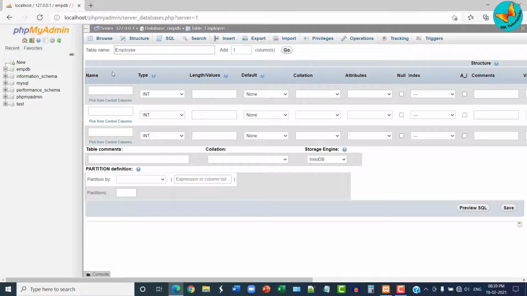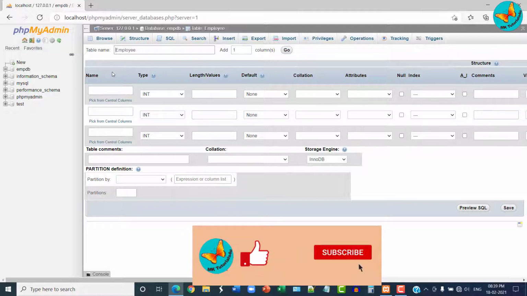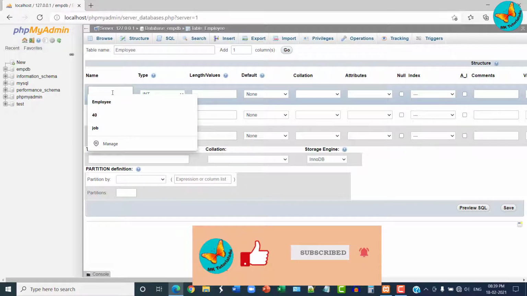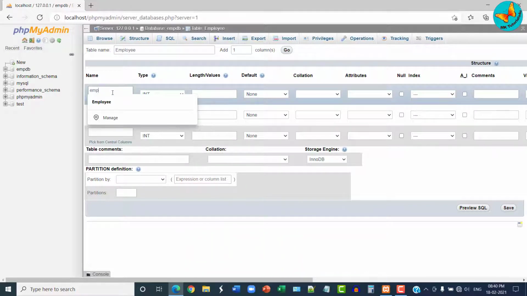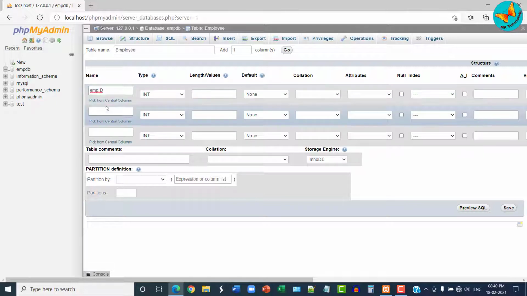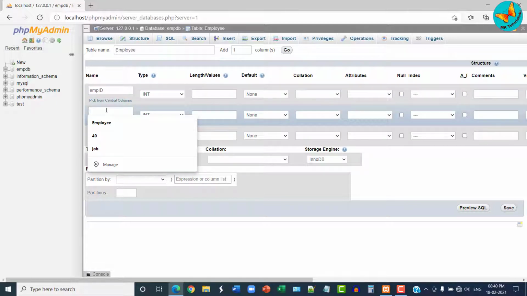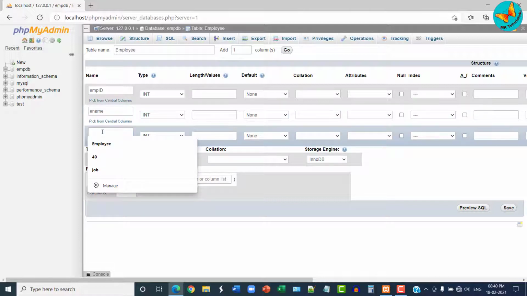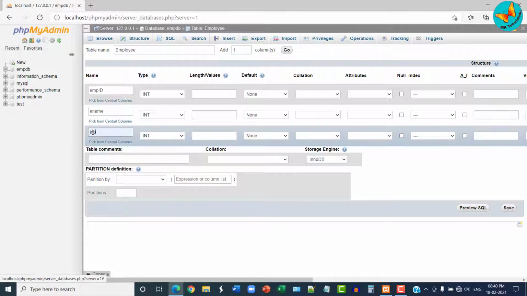Now first I have to decide what will be the column names or fields within this table. Let us say I'll put here EMP ID. Second field I will take employee name and the third field that I'm going to take is the job of that particular employee.